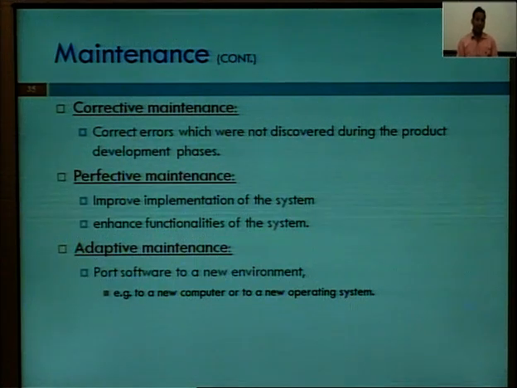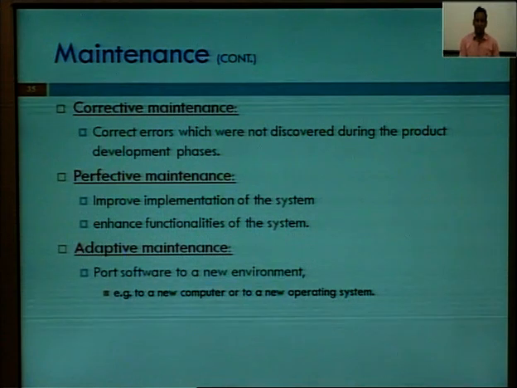The next one is adaptive maintenance. Adaptive maintenance is to port the software to a new environment. For example, if our software is only capable of running on a Windows system and we have to